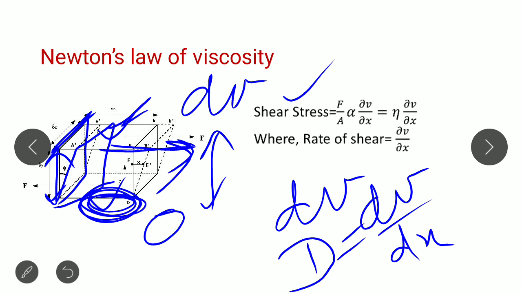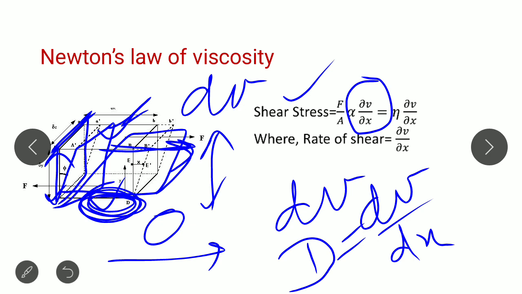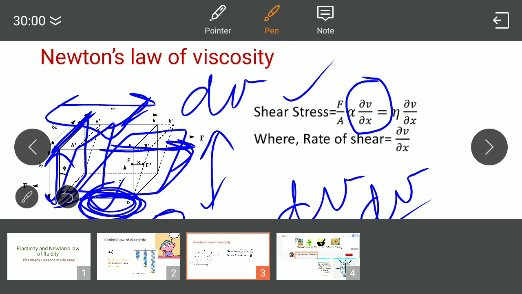As per Newton's law of viscous flow, whatever force per unit area we are applying will be directly proportional to the rate of shear it is creating. That means if I am applying more force in this particular direction, the deformation will be more. So the difference between the velocities will be more. That means the gradient will be more, and there will be more rate of shear. So shear stress is directly proportional to the